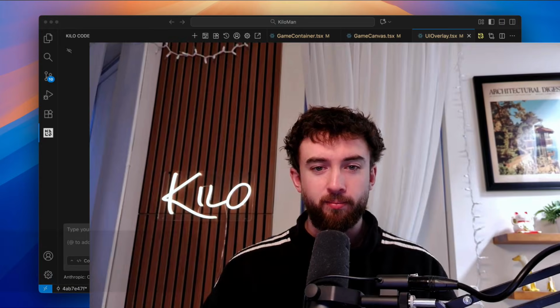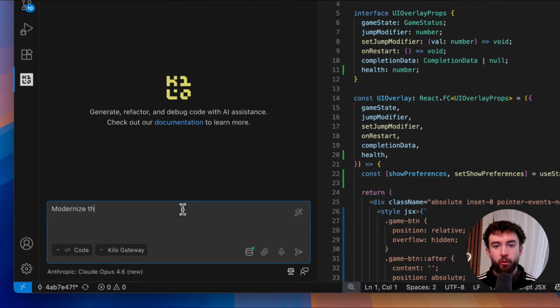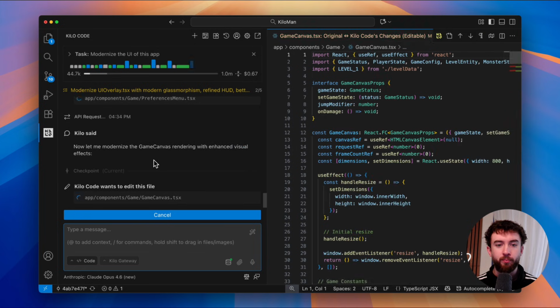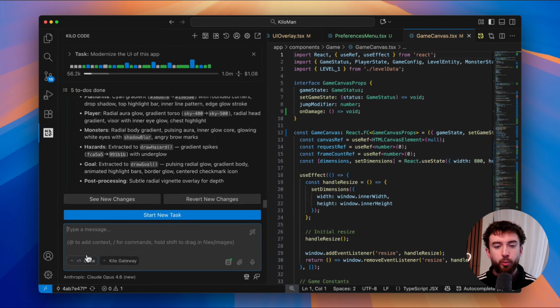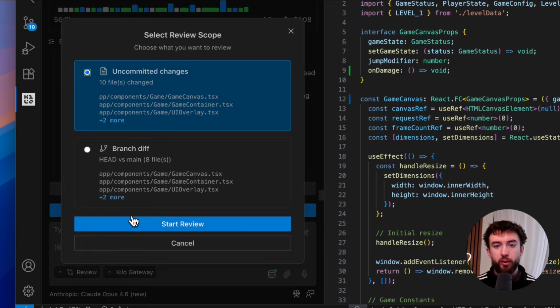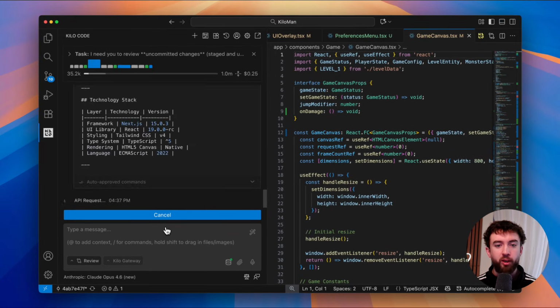First, make a local change using code or orchestrator mode. Then switch to review mode. You'll be prompted to choose between reviewing all uncommitted changes or just those in the branch diff. Kilo will then review the changes